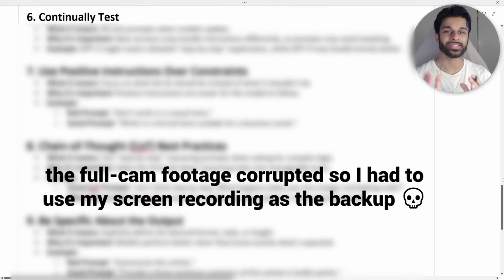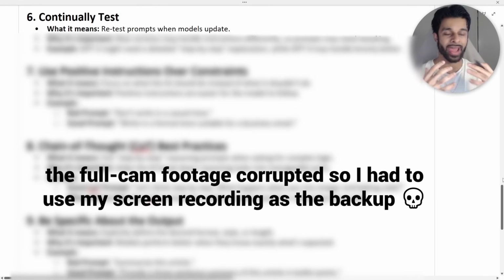All right, now tip number 6 is that you need to be continually testing your prompts. And this ties into what I was saying before about how you need to be storing the prompts that you make as you go along so you can improve on them. Long story short, what this means is that you need to retest the prompts when the LLM models update and when AI in general updates,